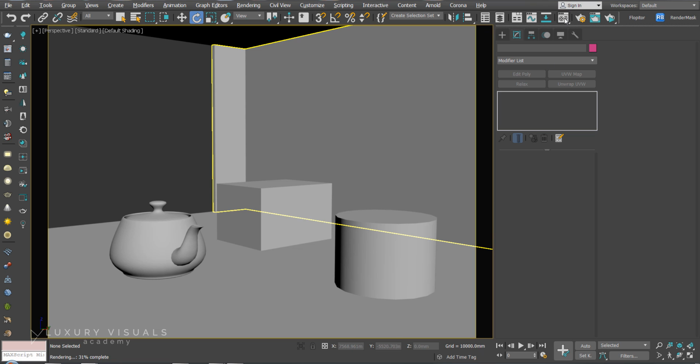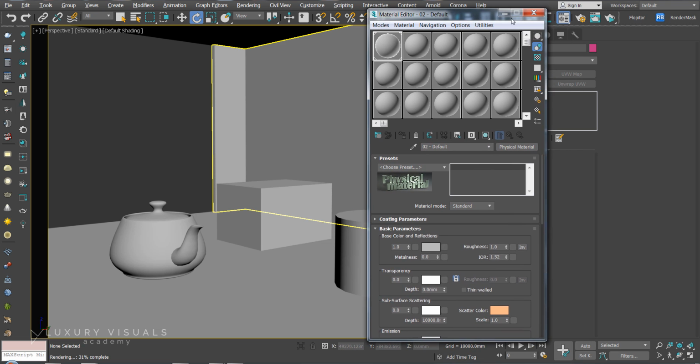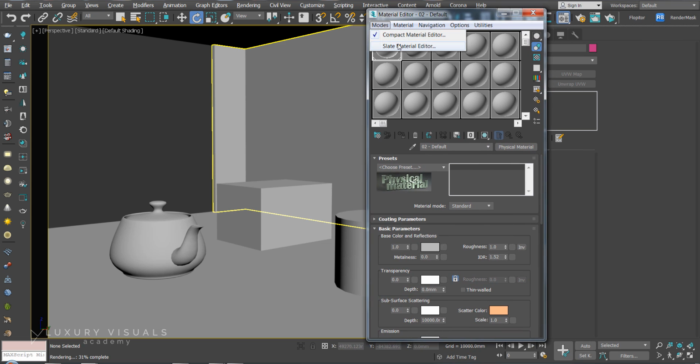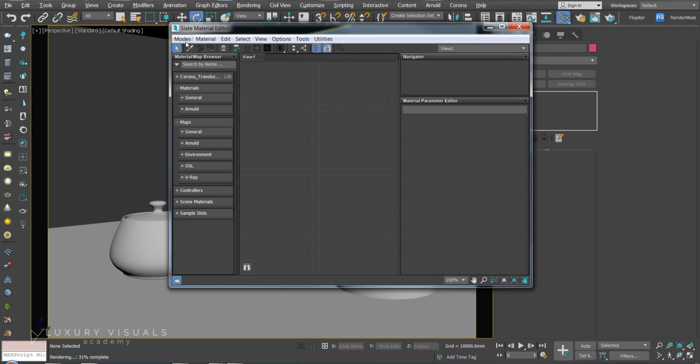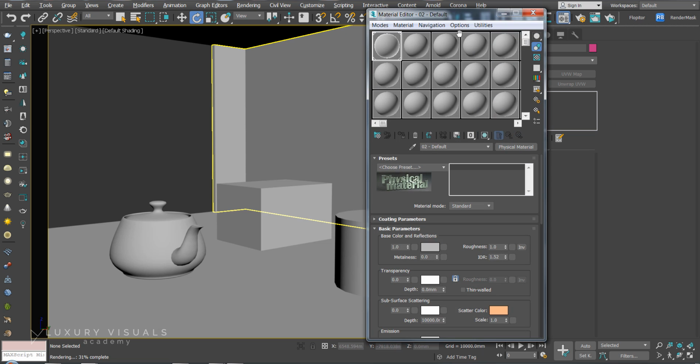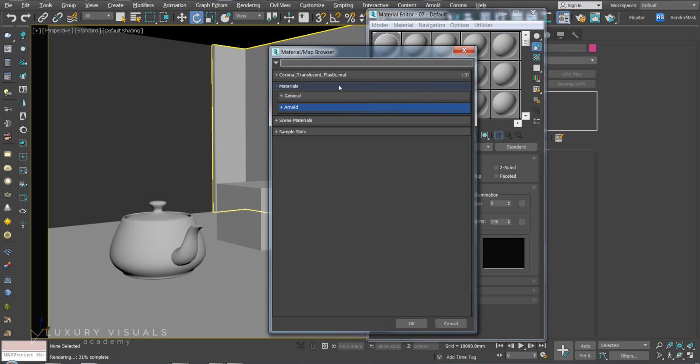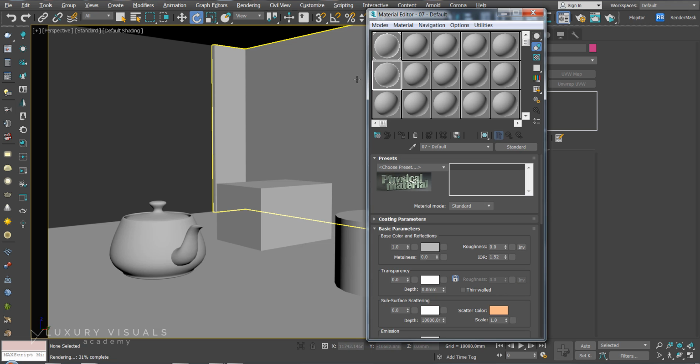So let's open up the material editor. We can click here or hit M on the keyboard. I'm going to use, there are two, there's slate and there's also compact, but to keep things simple let's just use compact. So to start with, let's just go to general, physical material, and let's take a look at what we have